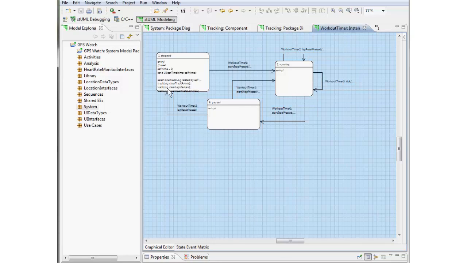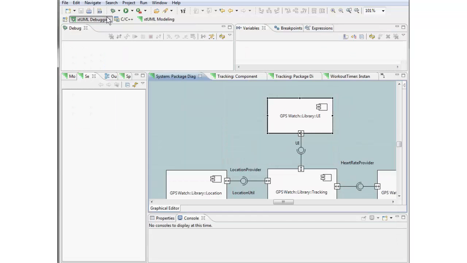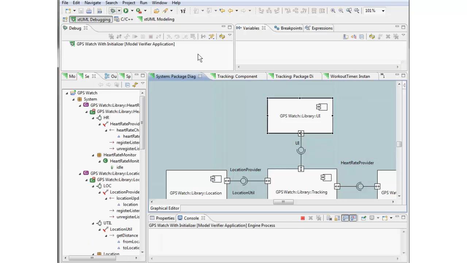So for the model-based test, if I look at the system package, we've built a test case that takes the internal behavior of the user interface and drives messages across, basically button pushes that begin the GPS watch running. And I have a test case that will run it through 4 cycles of starting the watch and then pausing it. So I can switch to the debug mode, start up the test,